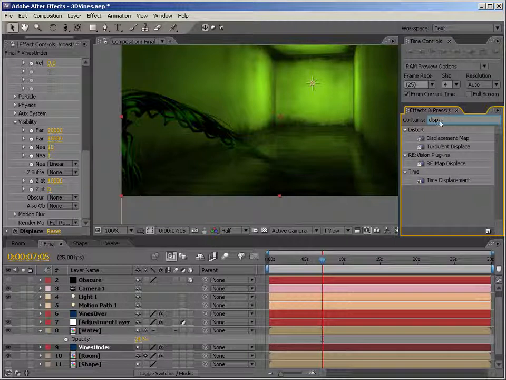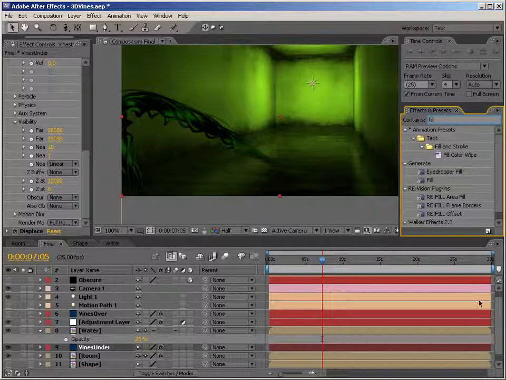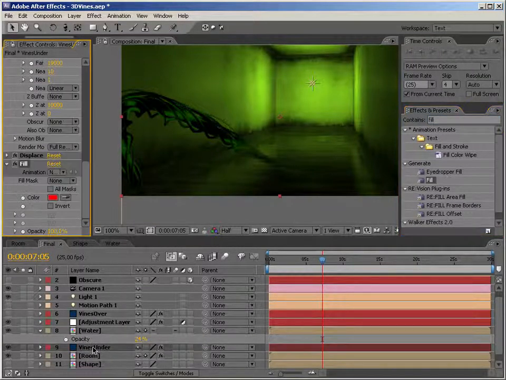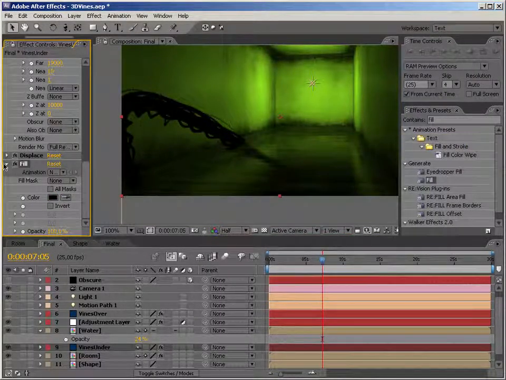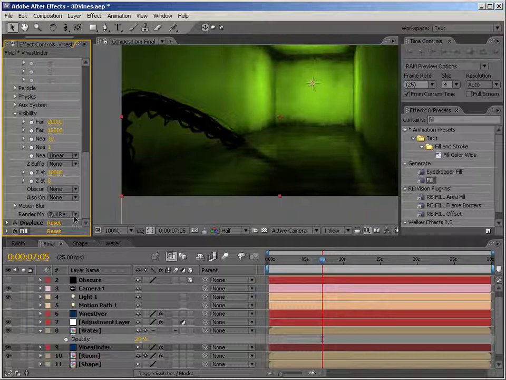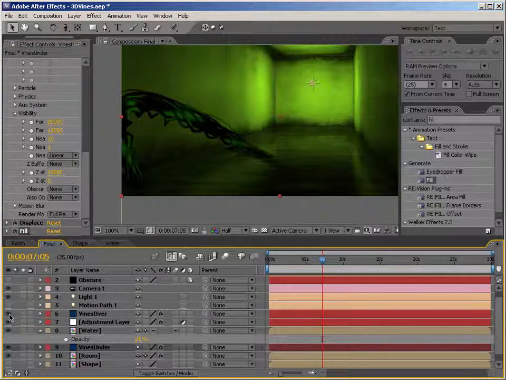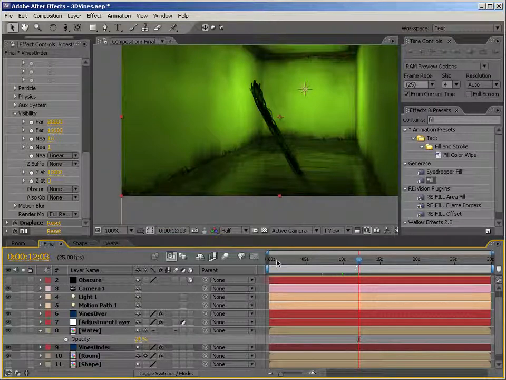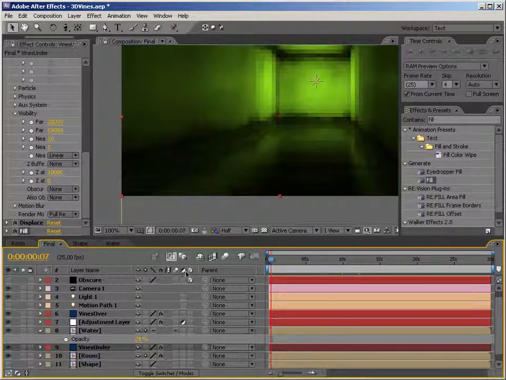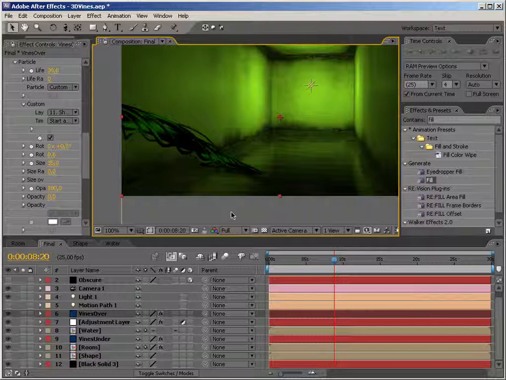And there's one more thing that we can do. Since the particles are going below the water, we can make them darker. We can make them black, and let's do that right now. Let's choose a black color like so, and let's turn the original vines back on, and I think that turns out to be a pretty nice effect, which is ready for rendering, I think. Yeah, that actually looks